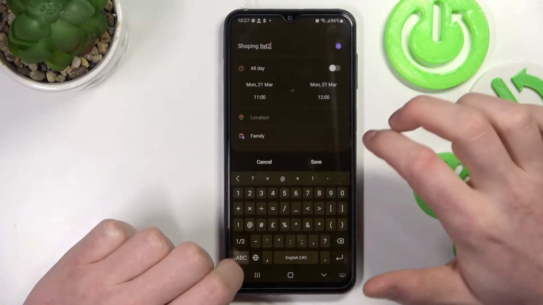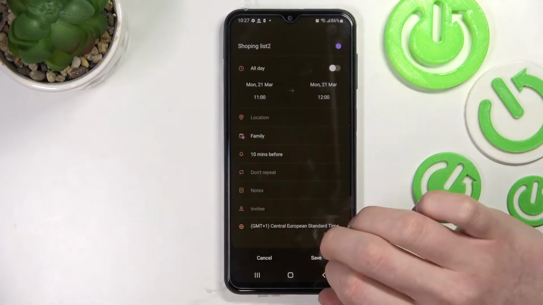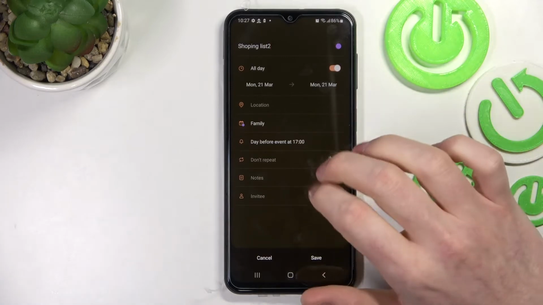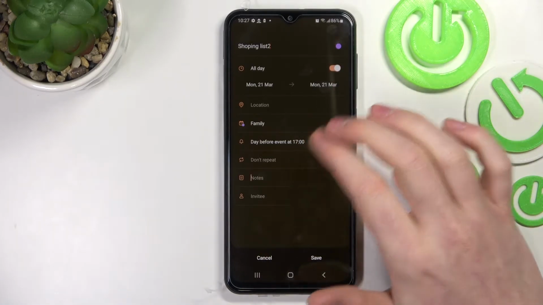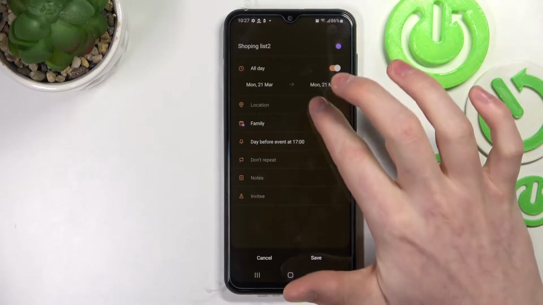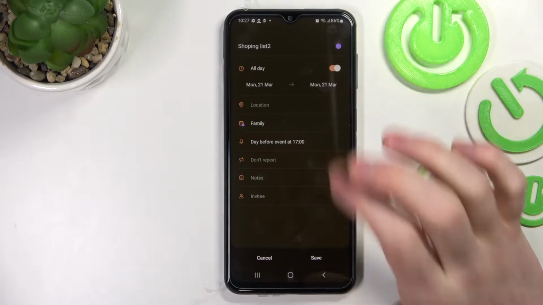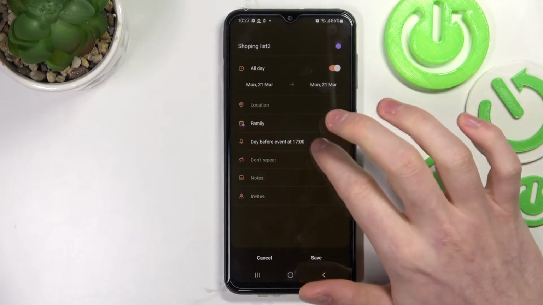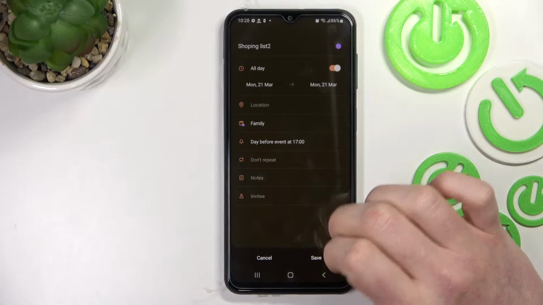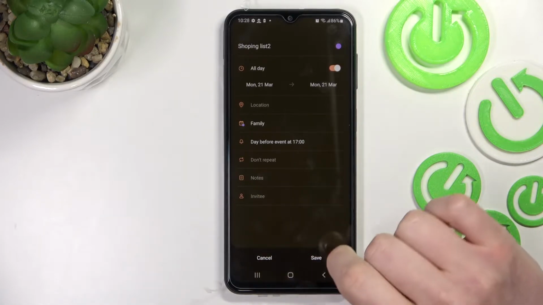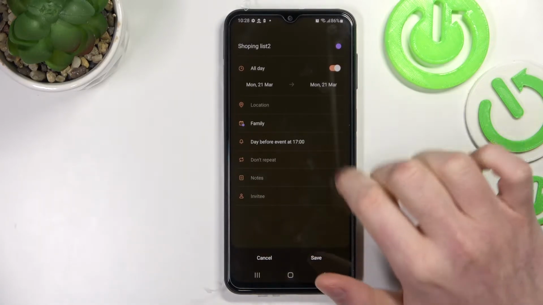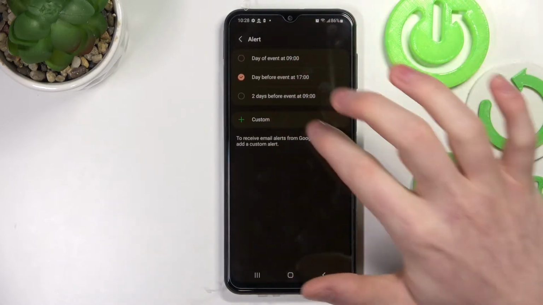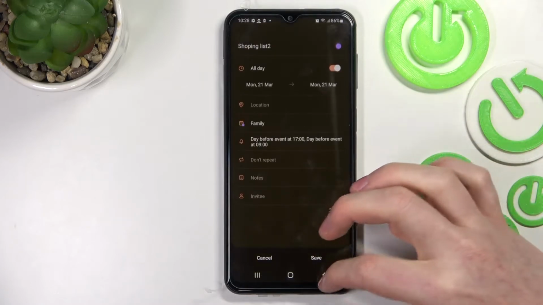list 2. So that's the name which will be shown in the calendar. You can set it for all day, like I just did, so it will remind me of it all day. It will be visible right there. You can set location, family, so you can pick the people you're gonna shop with for it in this example. You can set notification in form of alarm or something like that before the event happens. So right now it's day before event at 17. You can do the custom thing right here and just select the day and the hour and